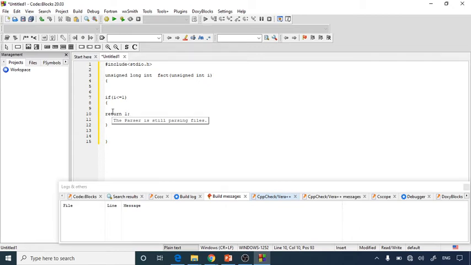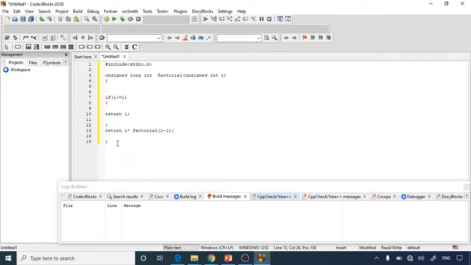And if it is not like that, then return i times factorial, we'll use a proper name here, factorial(i - 1), and then here I have to use the semicolon.